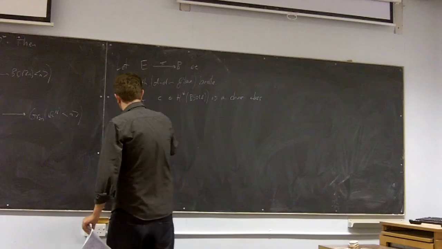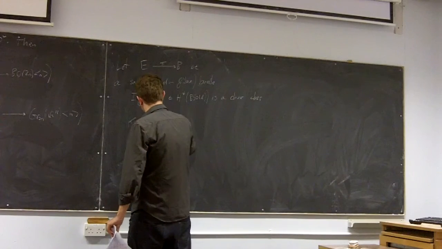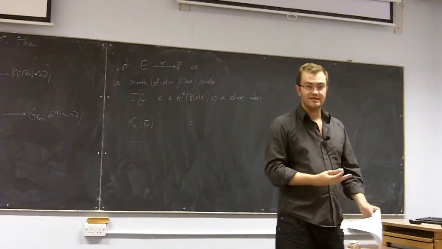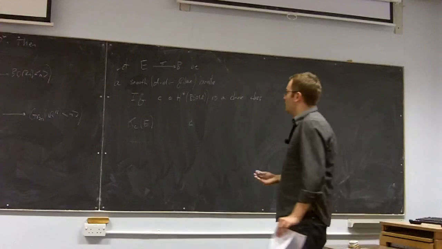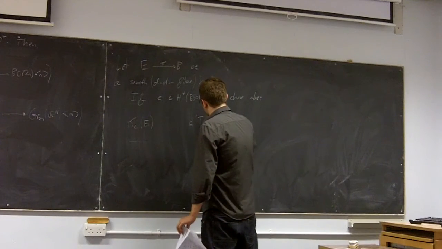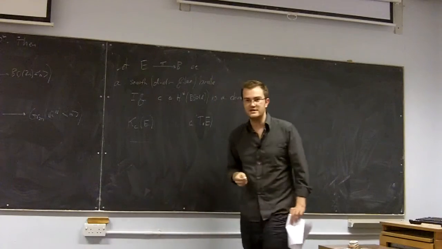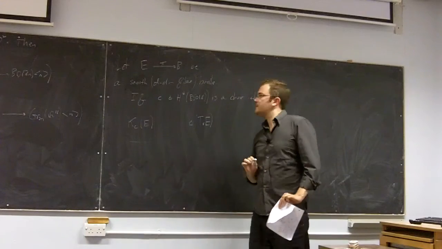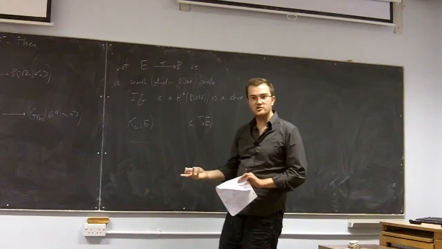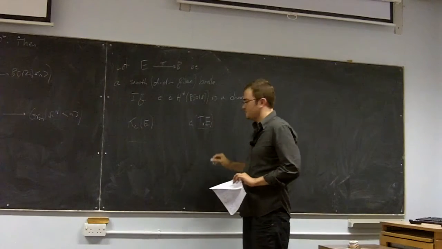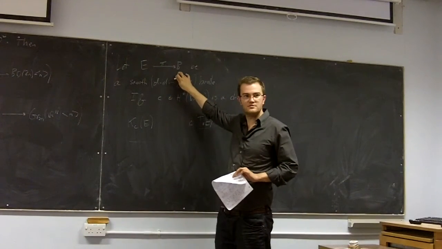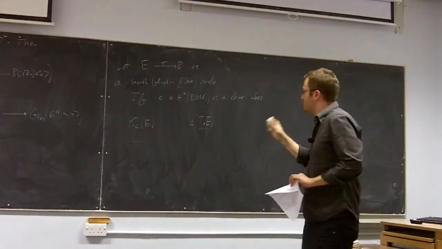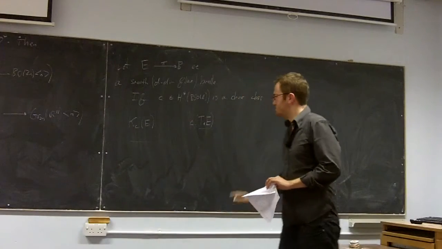Well, one can make the following construction. Let me call it kappa C of E. We take the characteristic class, and if we want to evaluate it, we need some d-dimensional vector bundle to evaluate it on. And we evaluate it on the so-called vertical tangent bundle of E. If you allow B to be a manifold, say, then a fiber bundle is in particular a submersion, and the vertical tangent bundle is nothing but the kernel of the differential of this map. So it's the tangent vectors on E which project down to the zero vector in the base. In fact, one can make sense of that even if the base isn't a manifold.